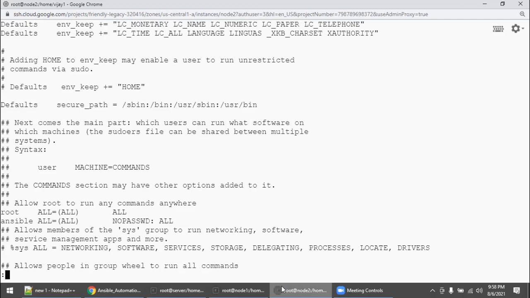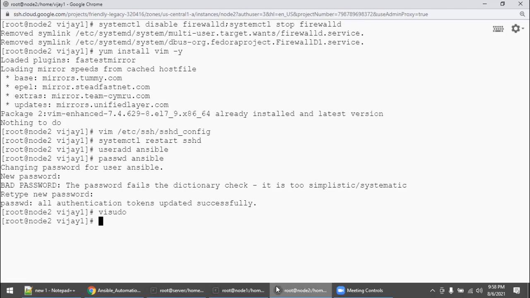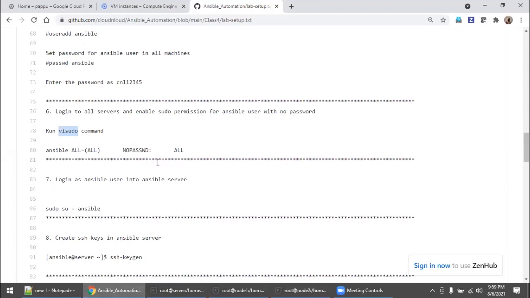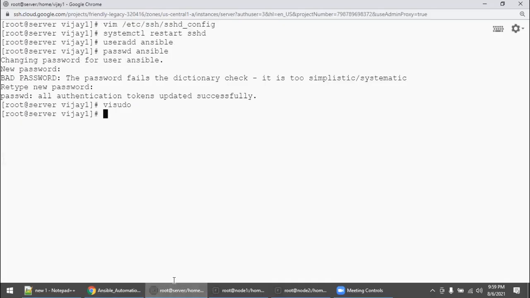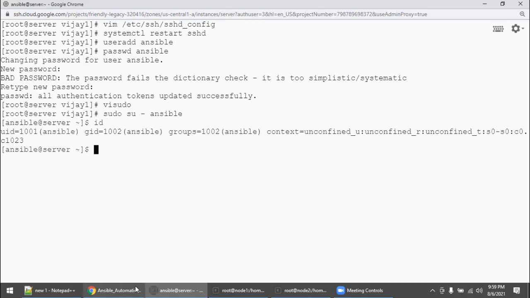So now everything is fine. Now go back to the step. Now log in as ansible into the Ansible server. So I'm copying this. I am on the Ansible server, so paste this. So now I am an Ansible user.